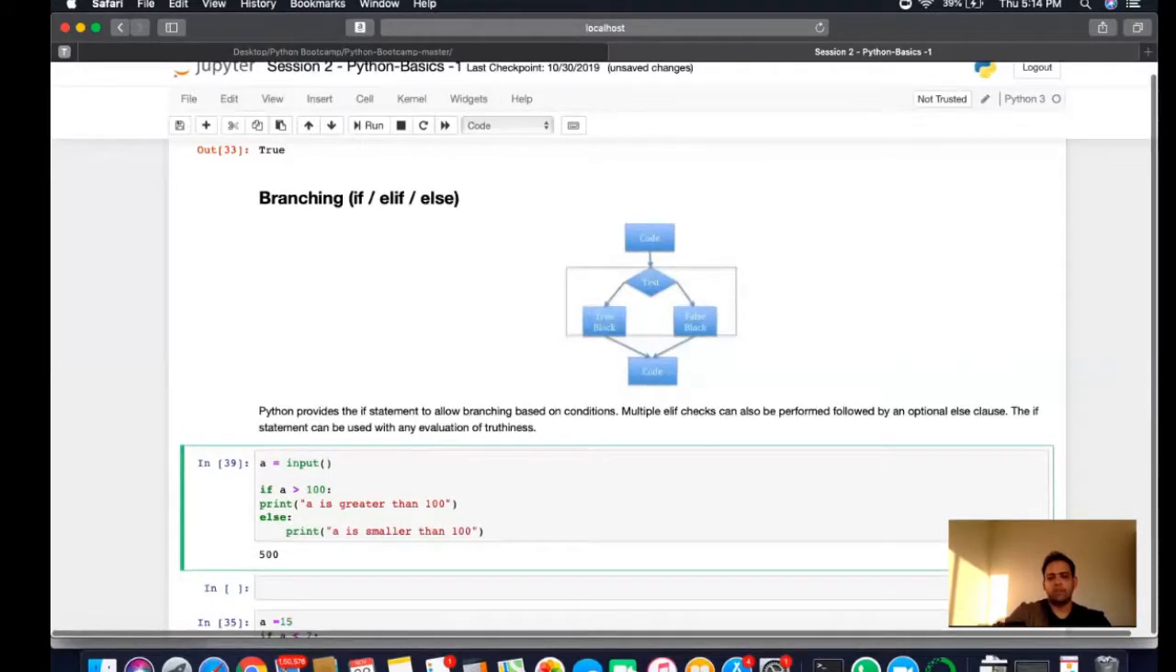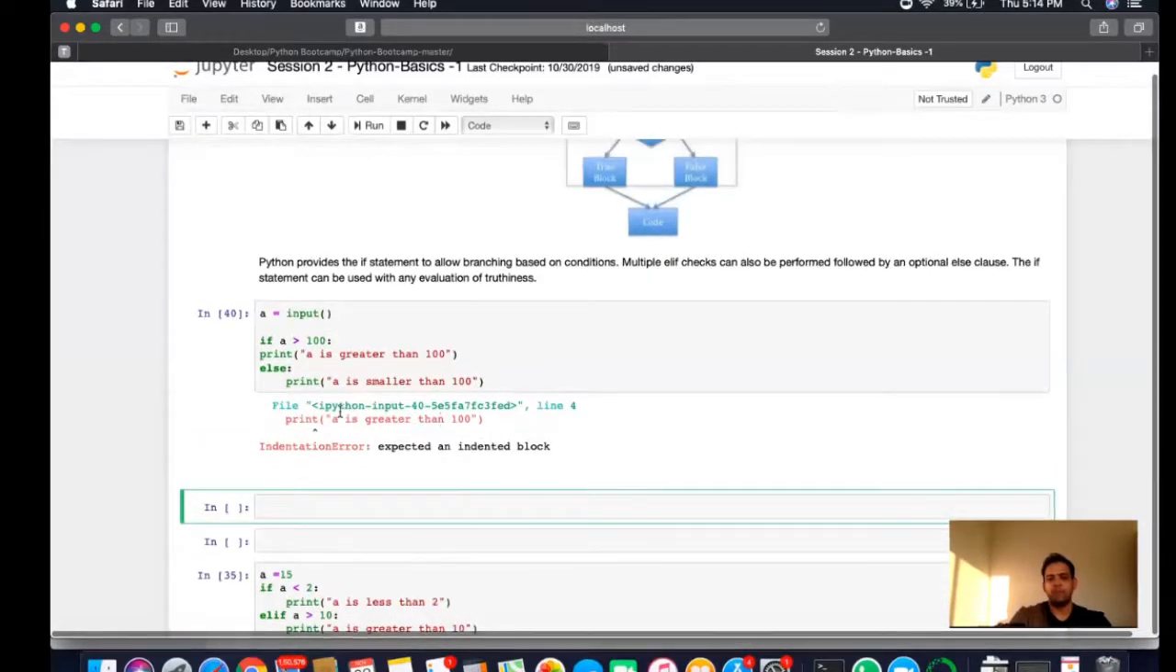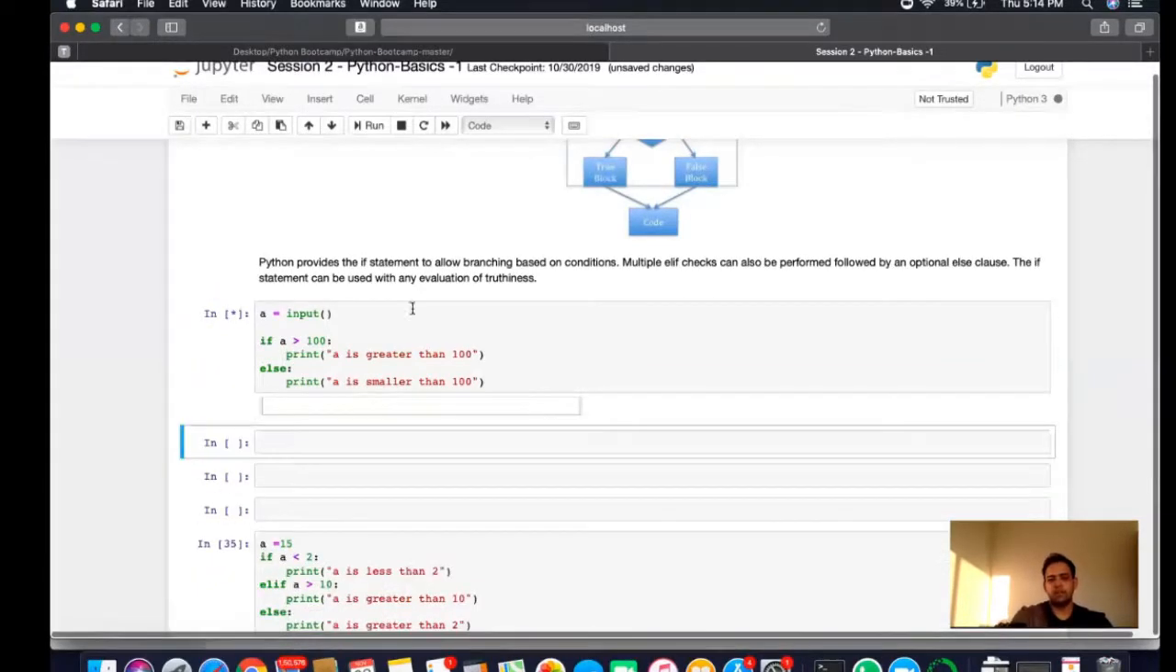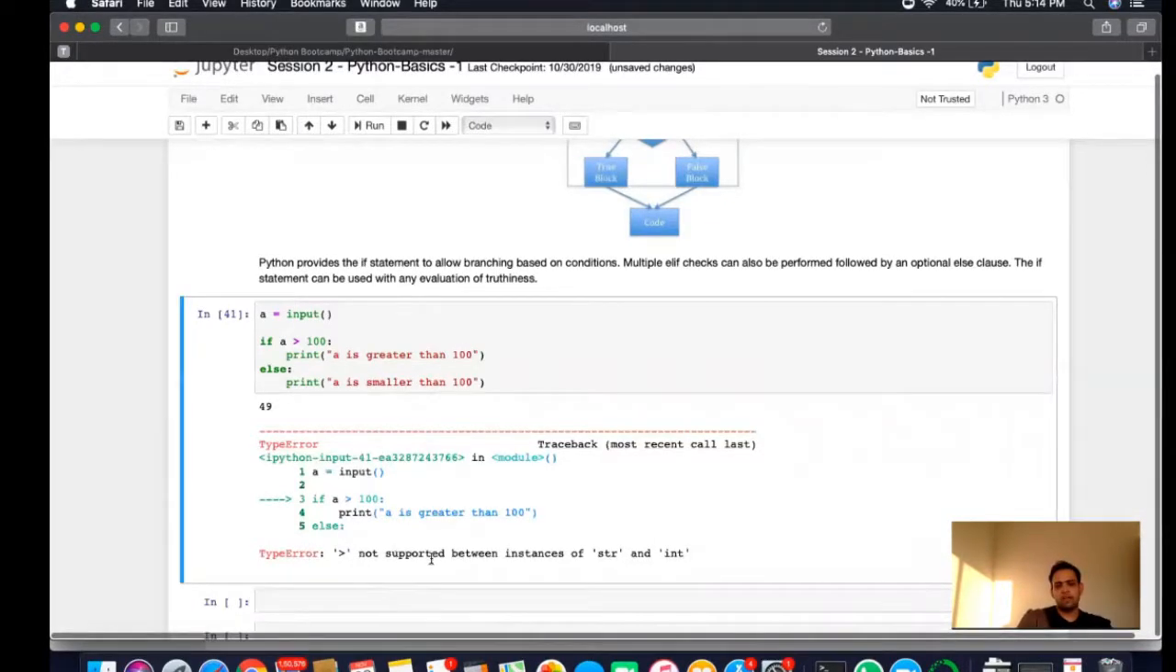Now if, for example, I don't indent and try to run it, see, it says expected an indented block. So it will automatically throw an error. So I have to press tab and run it. Let's, for example, take 49 and run it. Okay, so there's an error it has thrown. Let's see what the error is. Type error: greater than not supported between